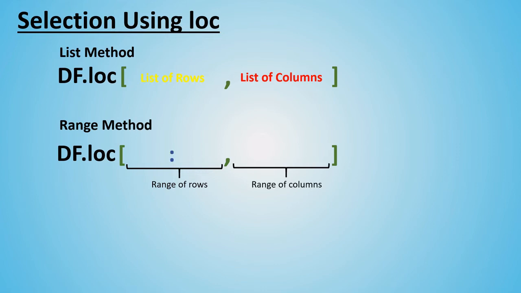So in range, when you are providing a range of rows, again you have to use a colon, and at the left side of the colon you need to provide the starting point of rows, the starting index number from where you want to start the selection, then the end index number. For example, if you want to start from 3rd and you want to end at 7, you will put 3 to 7. Here you're going to put 3 and here you're going to put 7. Now if you want to provide a range of columns, for that you can use a colon and then column start, column end.